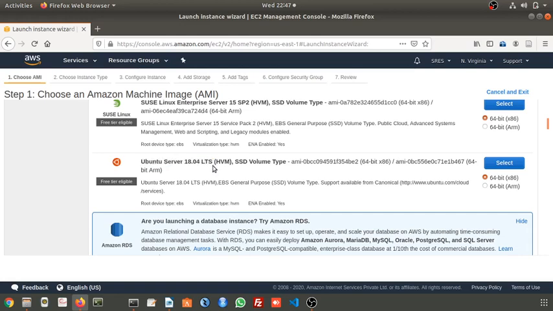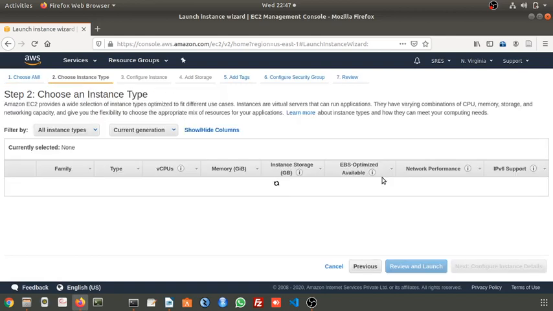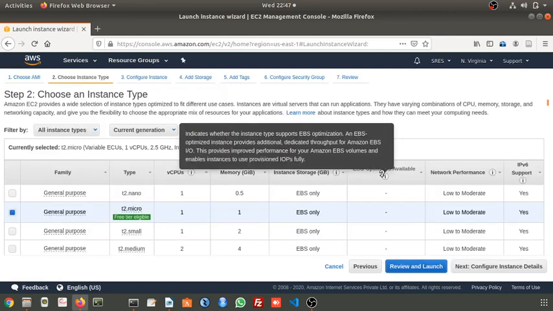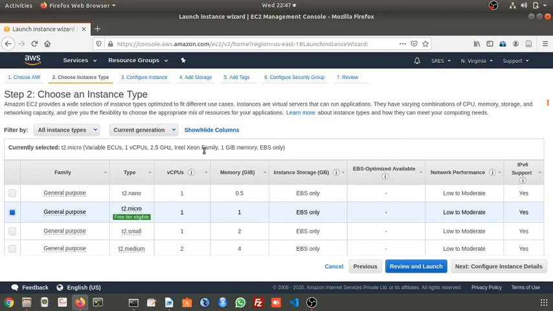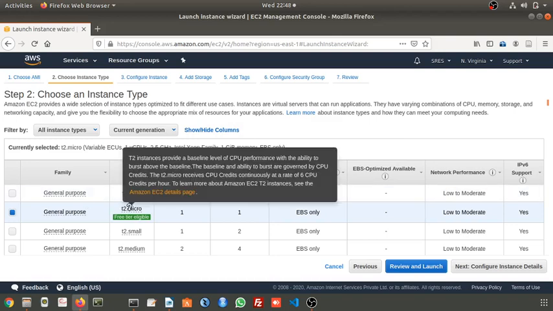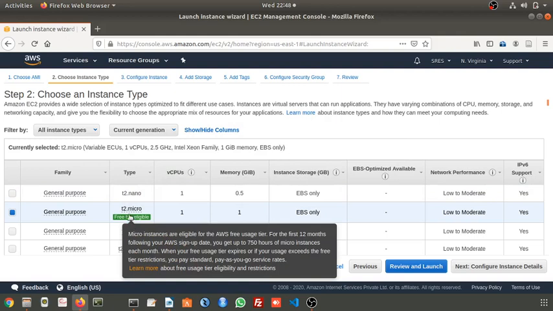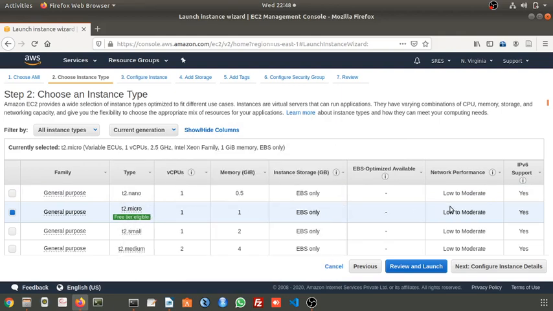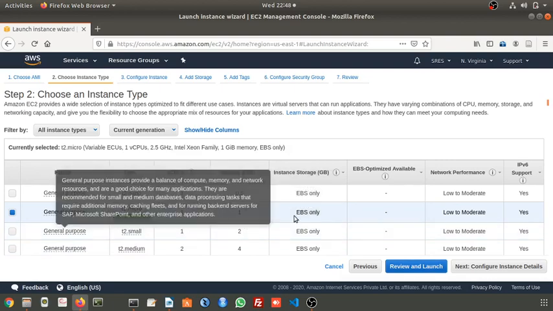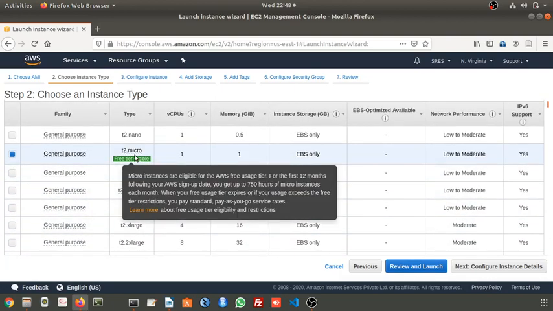Here this is the Ubuntu operating system. We are going to install 64-bit, and next you have to select the instance type. I'm going with the free tier eligible one, that is T2 micro. You can see here T2 micro.